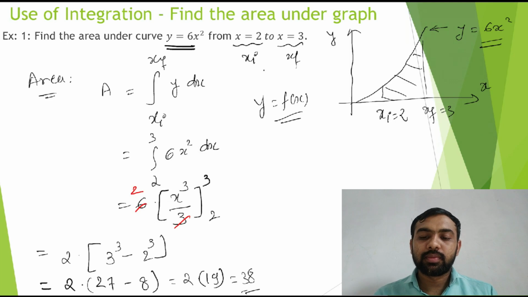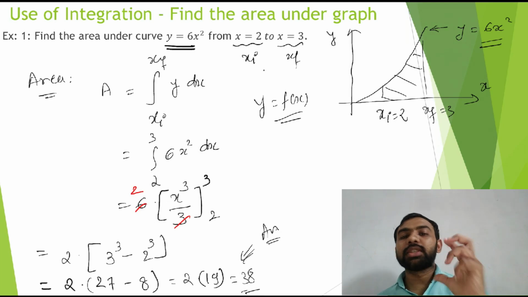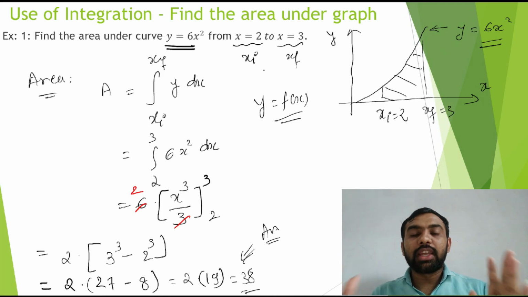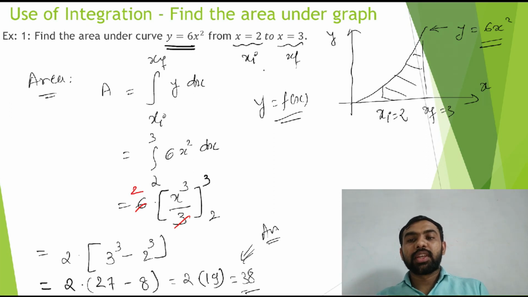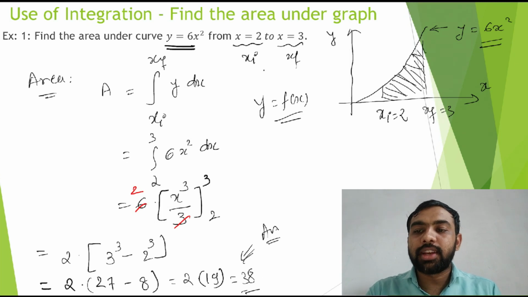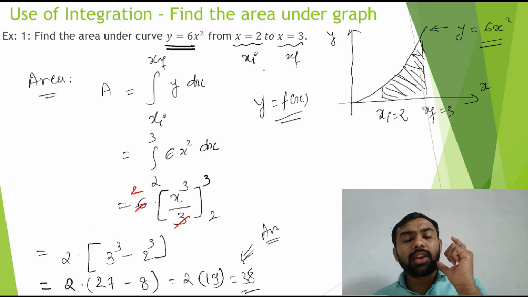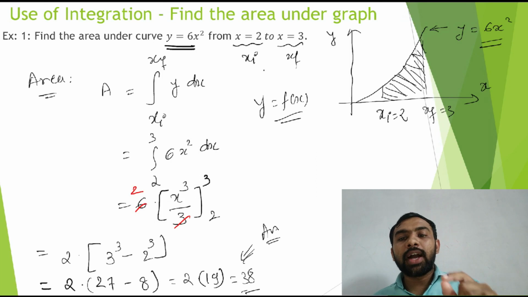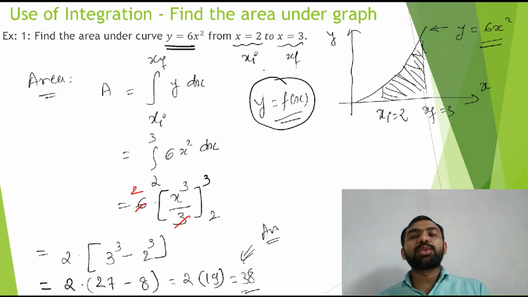So this is our answer, this is the answer of this area. So this way you get the answer of any area under the graph. So this area, see this shaded area, you have to find here by the use of integration, and the simple rule is use integration x initial to x final y dx. Here y is a function of x. Okay, put the limit initial to final, so you get the final answer. Okay, note this example in your books and try to solve the same example by yourself, after studying this one.